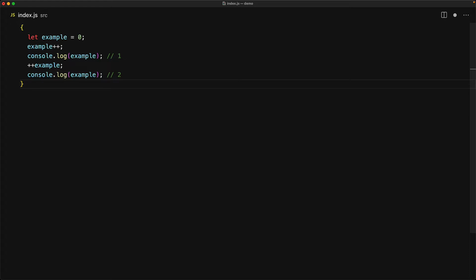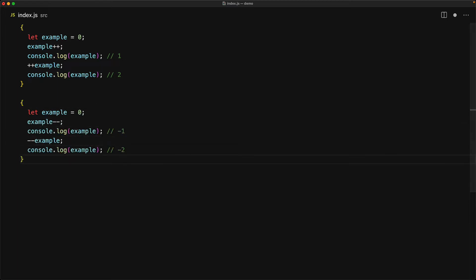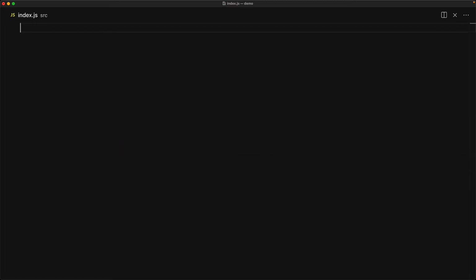For example, we start with 0, we go to 1, and then we go to 2, and the same is true for minus minus as well. We can do example minus minus to get minus 1 or minus minus example to get minus 2. The difference between the postfix version and the prefix version becomes obvious when we try to do the same within